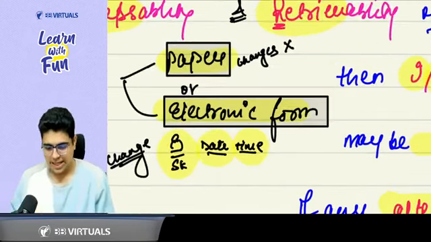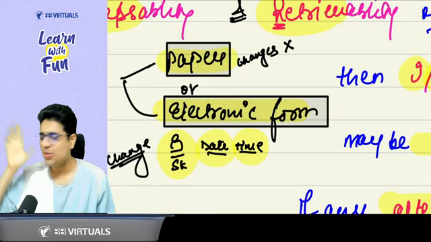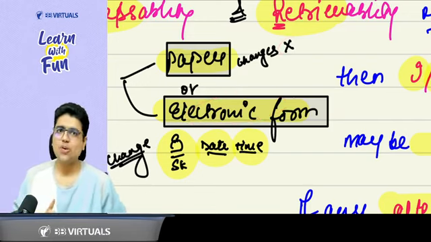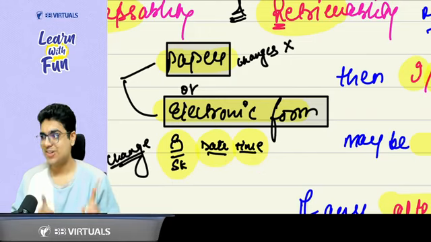Acha, tell me one thing. If in paper form I do any changes, will you get to know? No, sir. You will not get to know who did the changes or what the changes were. But if I do any changes in the electronic form, now you will get to know. It was SK, sir. It was the date. It was the time. You get to know everything. So